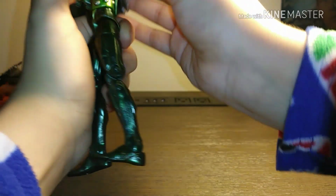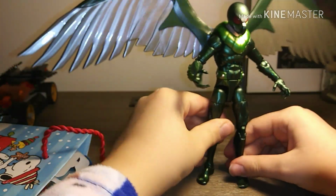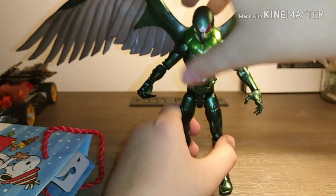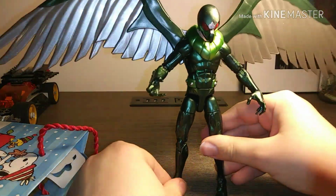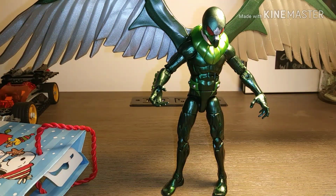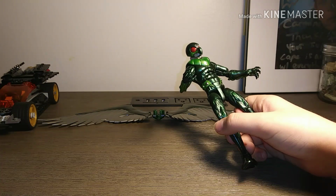Of course, you can put his wings on, and he will stand like so. Fix him up a bit. And yeah, so you can pose him up decently well. He's a pretty cool action figure to play with, so you get it just the right way. The wing set's kind of heavy, and I've been messing around with him, but yep, it will. I just knocked him over. He will pose. So, getting him out of the way,